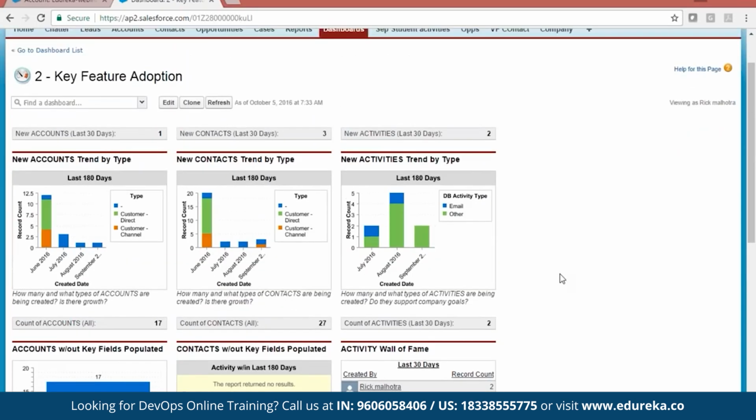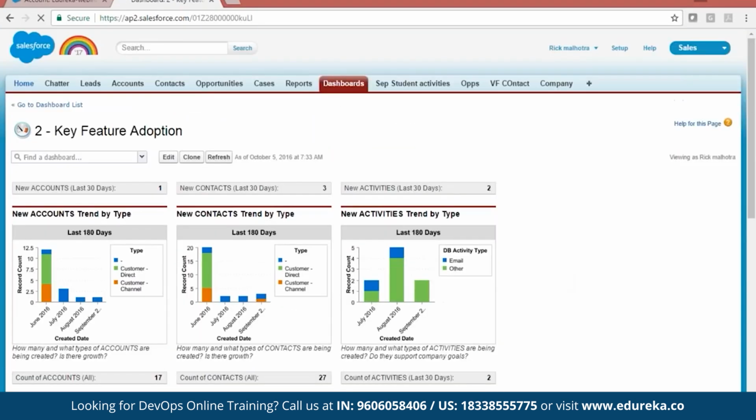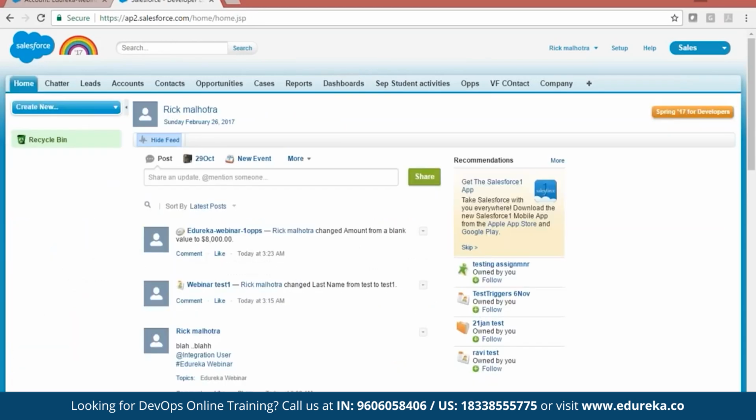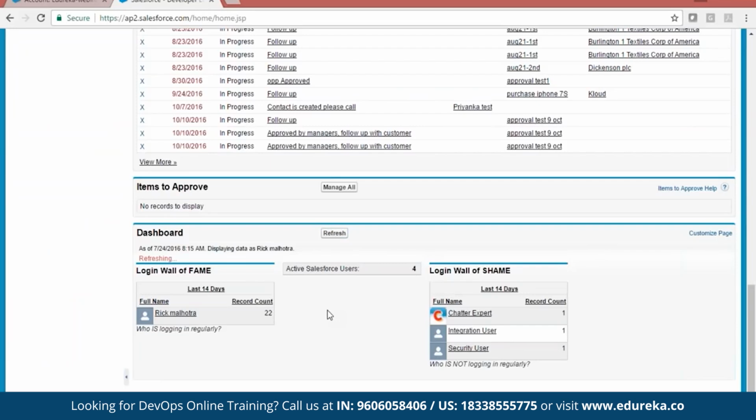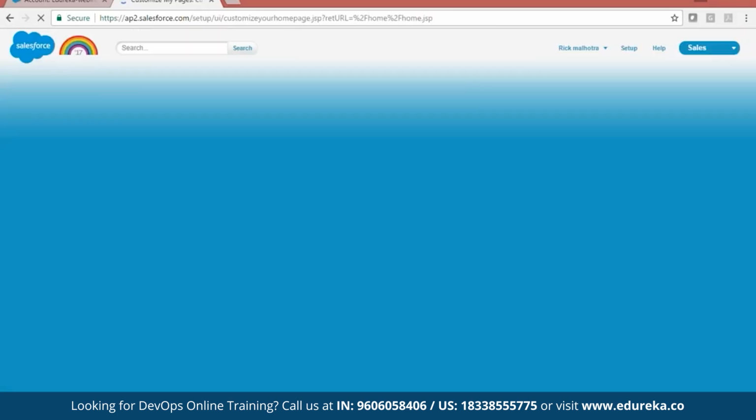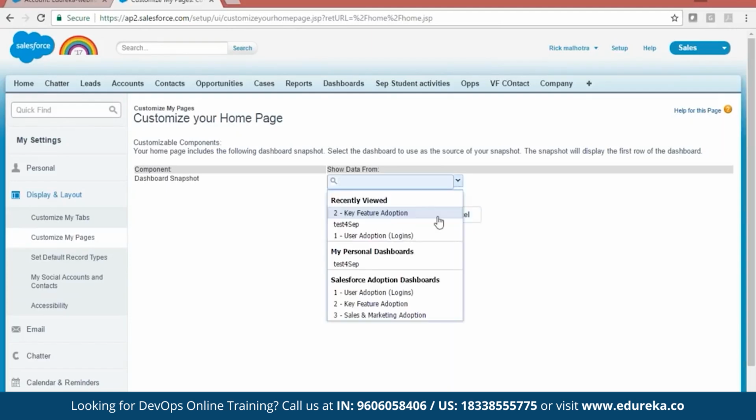Let me show you. The moment I log in, I will go to my home page. I can get the dashboard here. So I just have to refresh the dashboard and the data will be refreshed. For a manager, it's really good to get the latest update of a dashboard. Let me customize it. So which dashboard I want to show, like